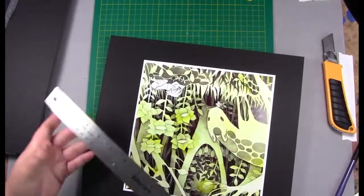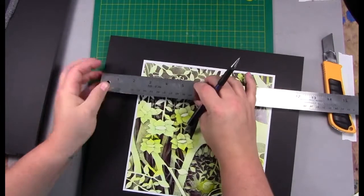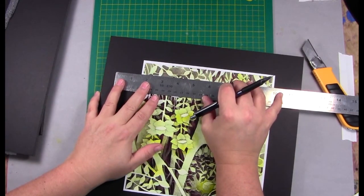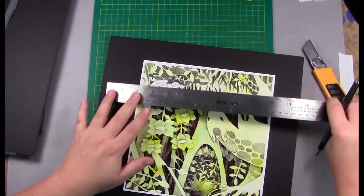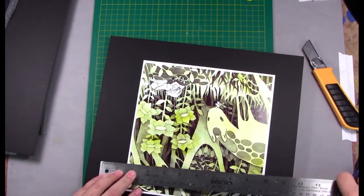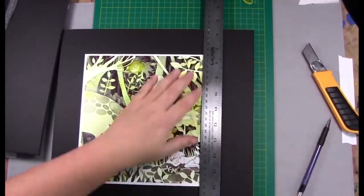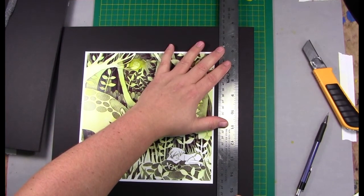I'm going to start watching that because unfortunately when your blade is too dull, it ruins your foam board by dragging it and ripping it. And then it's too late. So, okay, I'm measuring 1.5 inches out from the edge of my page. And this will just give you a for sure even mat and cut, unlike the other one that I did, which I eyeballed. It was okay, but